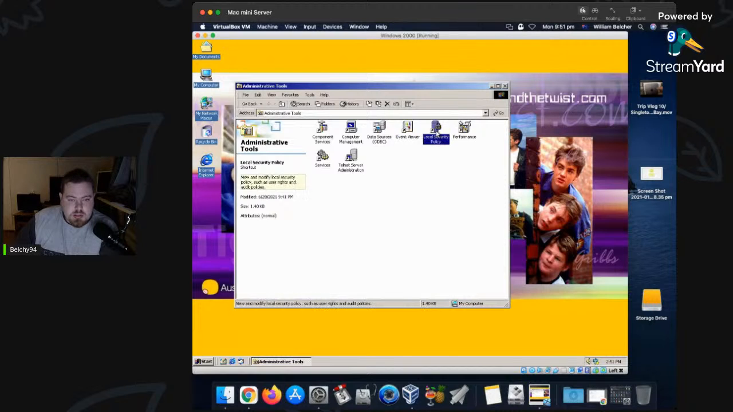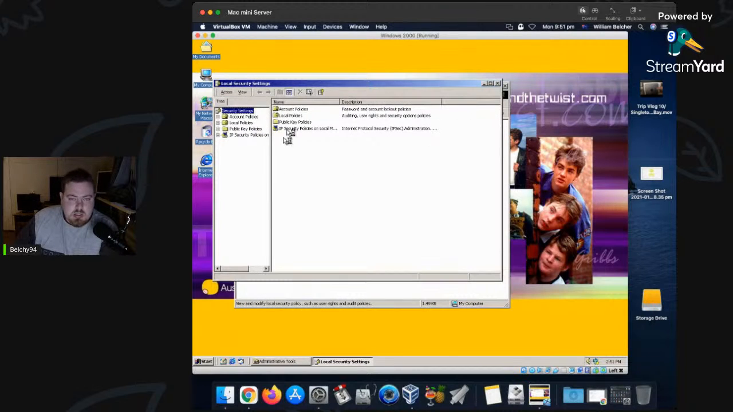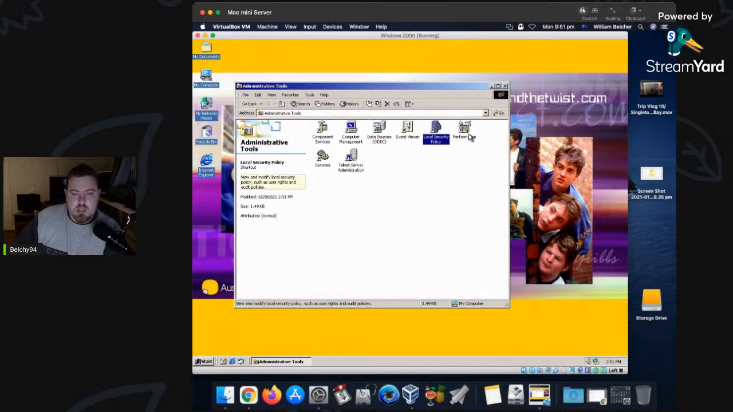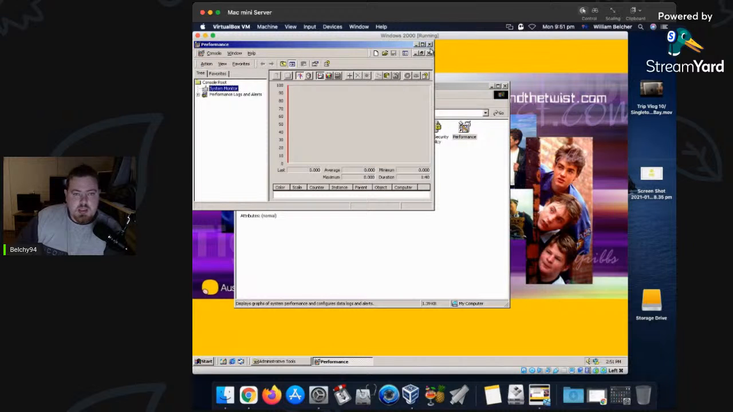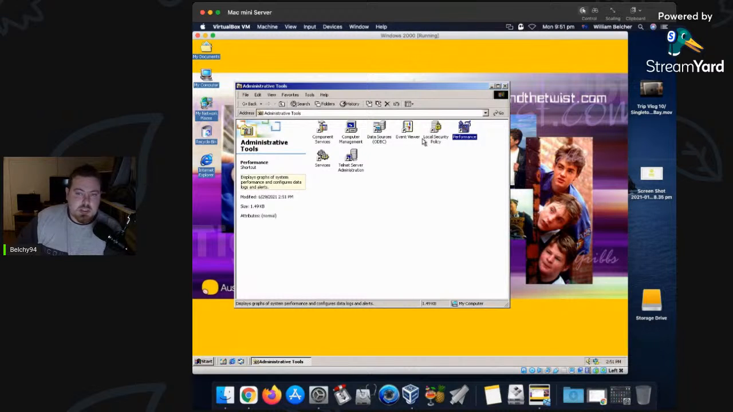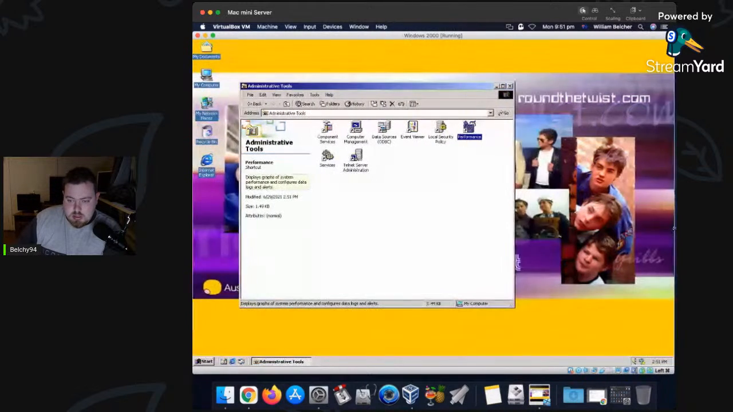You'll also get local security policy. So what will happen is this will be set on like a Windows 2000 server, telling it what it can and can't do, what you can view. This operating system introduced Active Directory, which is probably the most iconic thing in Microsoft Windows because it actually brings